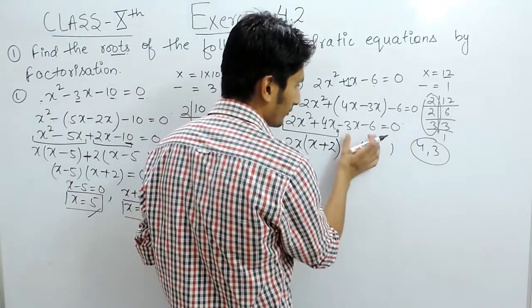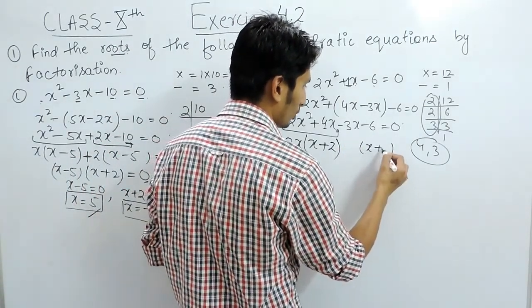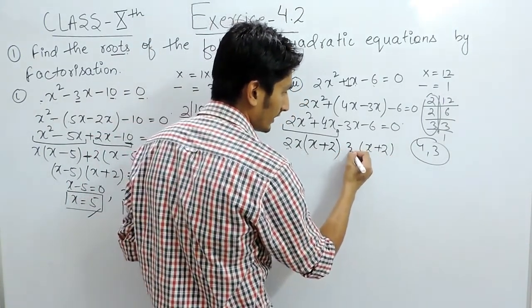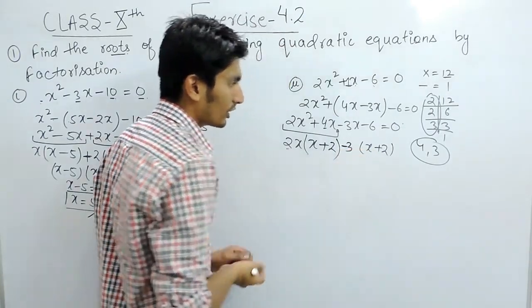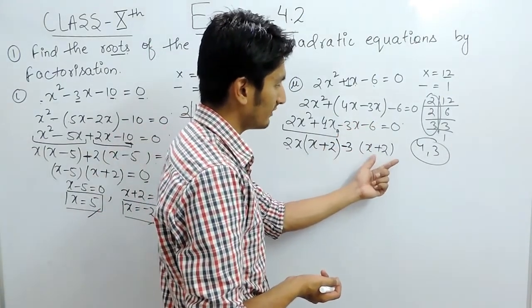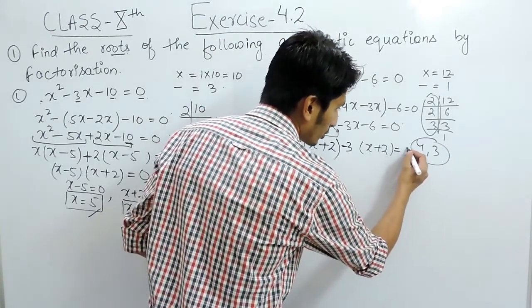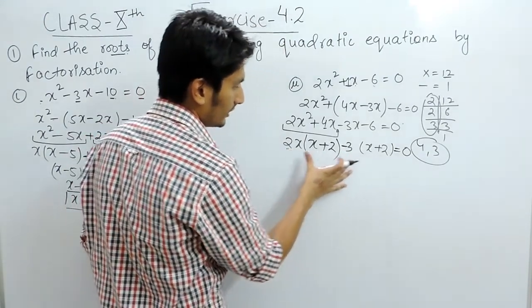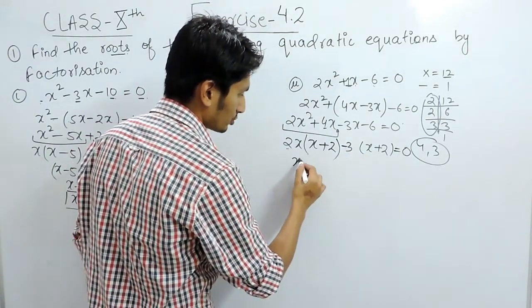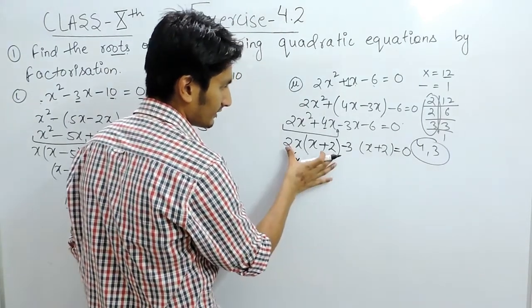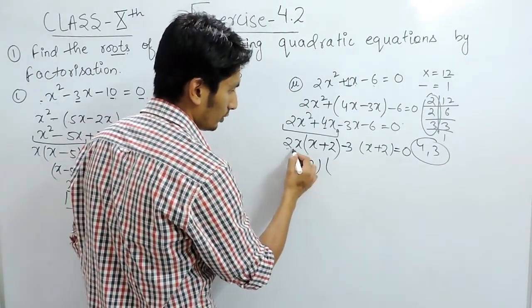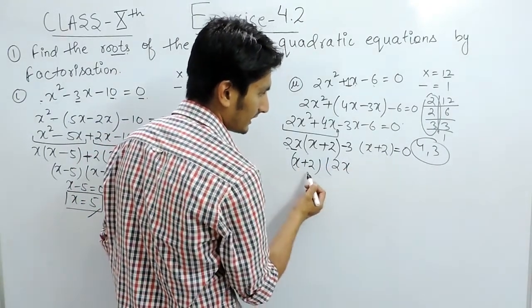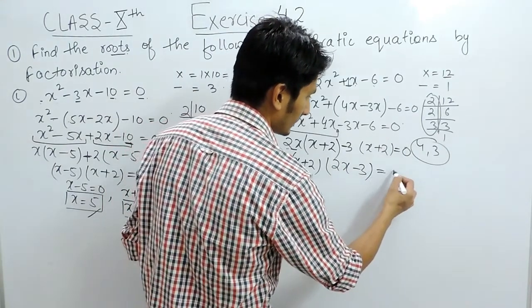Now you have to take something from these two so that inside the bracket only x plus 2 will remain. So obviously you have to take 3, and with a negative sign, because if the negative is taken out, only the positive will remain inside the bracket. So this will be equal to 0. Now this is one term, this is another term. From this term and this term, x plus 2 can be taken common, and if x plus 2 is taken out from this term, only 2x remains inside the bracket, and in this case, only minus 3 will remain inside the bracket.